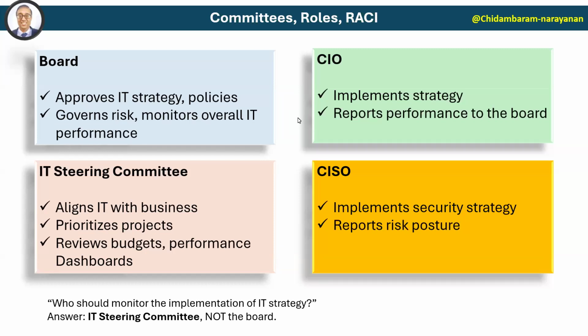Then we will have the CIO, CISO, and other people. The CIO is responsible for implementing the strategy. They will report the performance to the board or the audit and steering committees, depending on the company. And the CISO, for the end, is responsible for the security